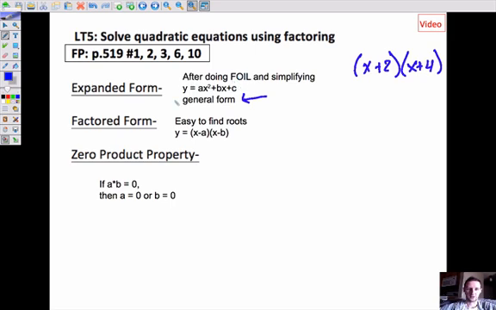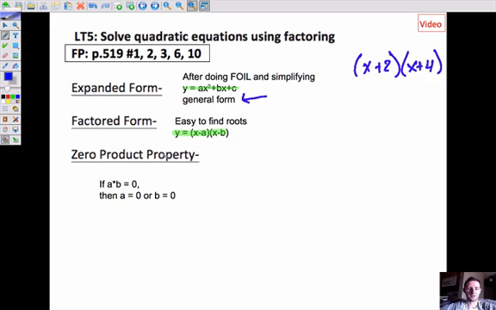Here, again, is just a little reminder of what general form looks like. This is y equals ax squared plus bx plus c. Factored form, we also saw that in episode 2. It looks like that. This video is going to be a lot about factored form, putting it into factored form. What do you do when it's in factored form? It makes it really easy to find the roots